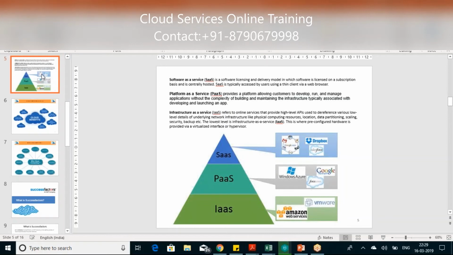Now SuccessFactors gives you one user, which is called super admin. When you log in with the super admin, you have to create the users based on the requirement of the client. Let's say you have 1,000 end users who are going to use the HR application. Then you have to create all those 1,000 user IDs in the system and share them the credentials so that users can log into the system. That's called employee self service. Now that's your cloud service models. Are you clear now?